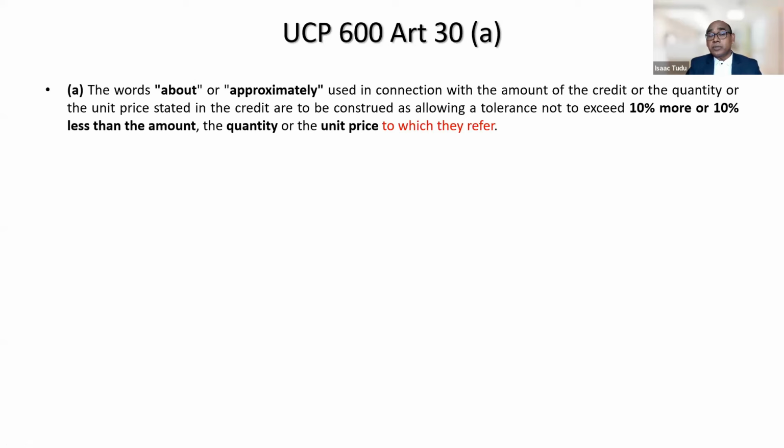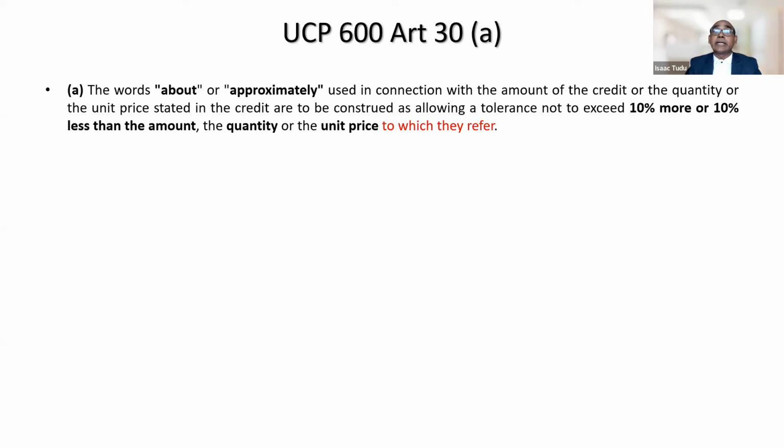We need to understand it is possible that seller and buyer, when they go for a sales contract, may want to maintain flexibility on the quantity to be shipped, or maybe they are not able to fix the exact unit price due to volatility in the market. In such a situation, seller and buyer will usually indicate the word about or approximately before the quantity or maybe before the unit price in the sales contract. So this particular UCP Article 30A reflects this commercial practice and provides a definite interpretation of the word about or